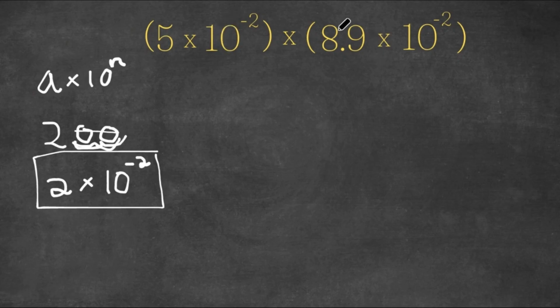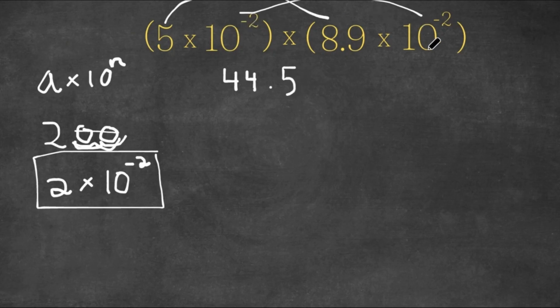Now, to multiply these two numbers in their scientific notation, we're going to multiply our a's and our 10 to the power of n's. 5 times 8.9 would be 44.5. Now, 10 to the power of negative 2 times 10 to the power of negative 2, well, this is just 10 to the power of negative 2